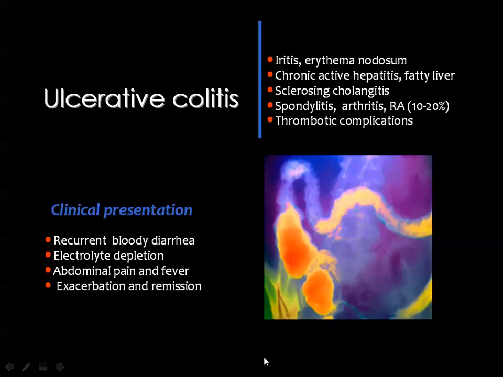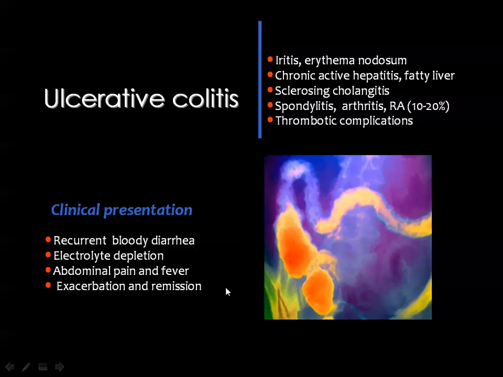Then patients with ulcerative colitis may present with symptoms similar to the previously mentioned diseases, like recurrent bloody diarrhea, electrolyte imbalance, abdominal pain and fever. One of the criteria of this disease is exacerbations and remissions. Ulcerative colitis is associated with many other lesions all over the body, and I will mention some of them like iritis, erythema nodosum, chronic active hepatitis, fatty liver, sclerosing cholangitis, spondylitis, arthritis, rheumatoid arthritis, and